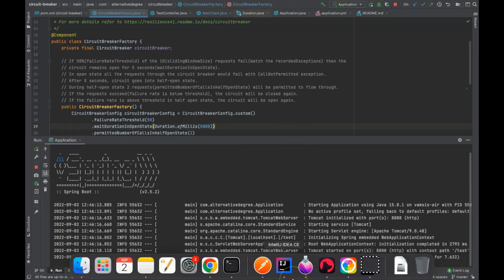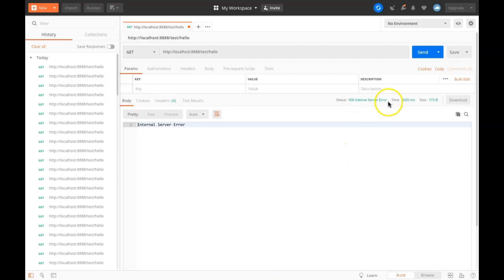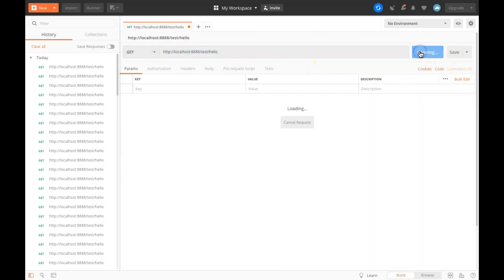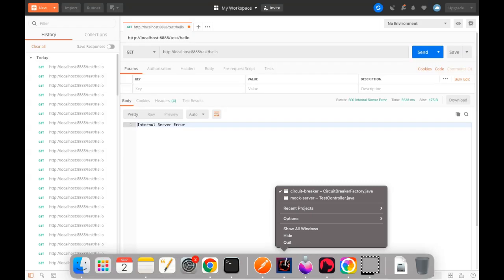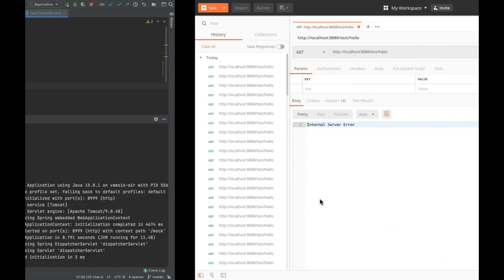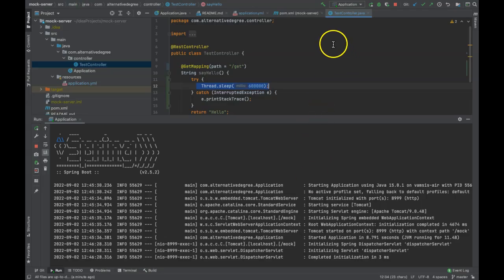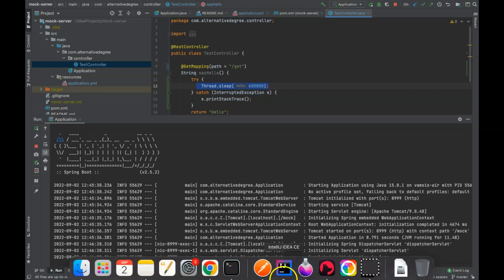So service A is up, service B is up. Now let's try to access service A. We are trying to hit service A here, which internally calls service B. As you can see, when I hit it, it is waiting for a response, right? That is because service B, as I discussed, is blocking that single thread that we have for 10 minutes. And now in service A,